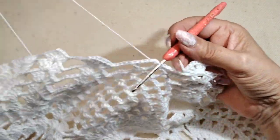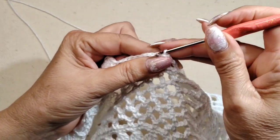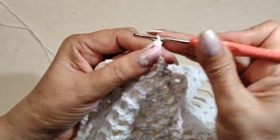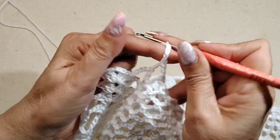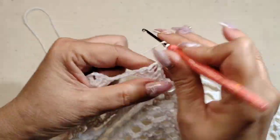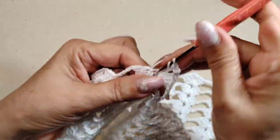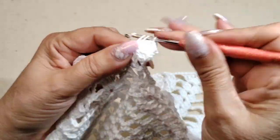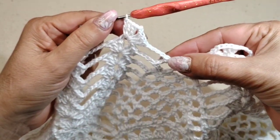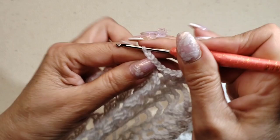Okay, everyone, so closed out row 22, going to row 23. Going to do the slip stitch so I can get into this last loop of 4 chain. Single in the center, 1, 2, 3, 4 chain, coming in, doing my shell, then of course once we complete it, we'll do the 4 chain and close in on that single. 1, 2, 3, 4 chain, coming in, doing your shell,